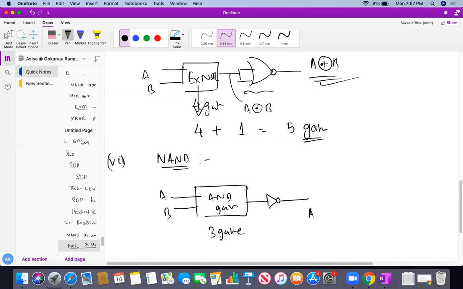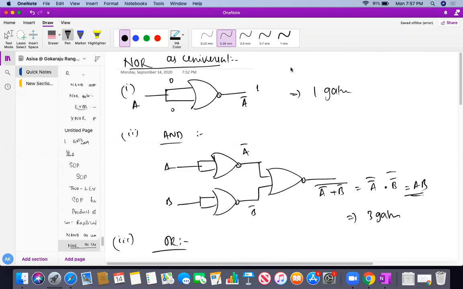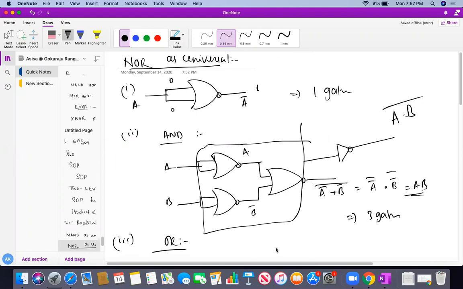Okay, so how many gates are required for this? This will be my A and B. Okay, students, this is my A and B. And finally, if I put another inverter, I can expect A and B bar. So we have already seen how to design an AND gate using NOR gates. So how many NOR gates are required to design a NAND gate? 3 gates required. We have already seen here. So these 3 gates are required to design an AND gate. So if I put another inverter here, which will give me A and B bar, it will be the NAND gate.